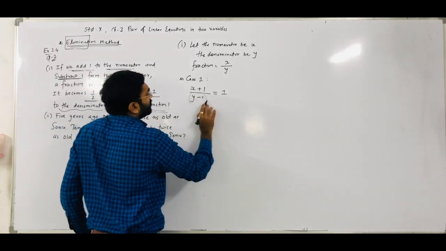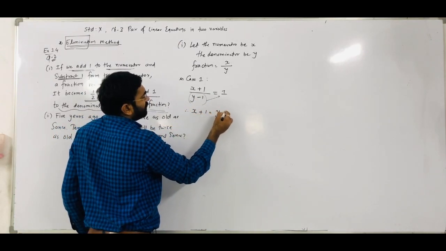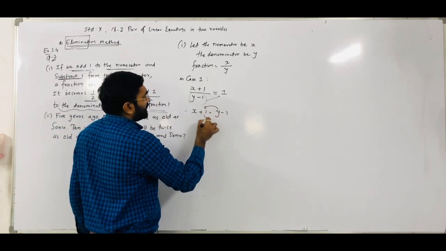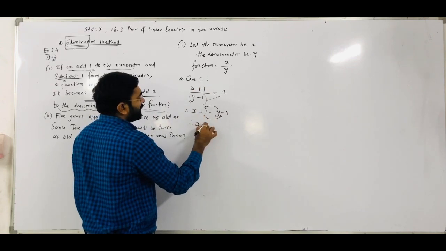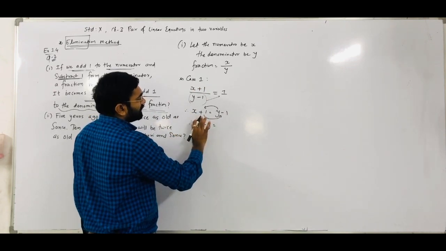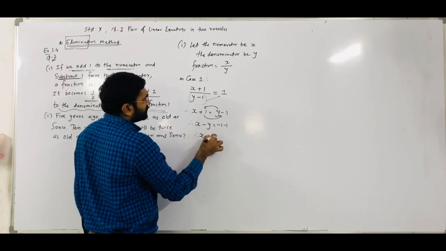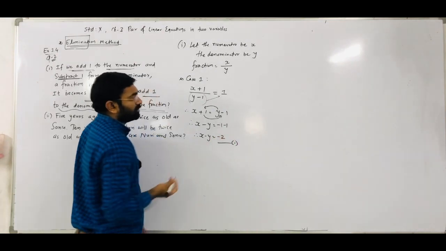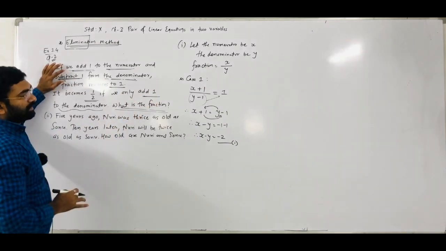So y minus 1 goes to the right hand side and is multiplied with the 1, so we get only y minus 1. Now that y term comes to the left hand side, and the numbers we have to arrange on the other side. So plus y becomes minus y on the left hand side, and that plus 1 goes to the right hand side and becomes minus 1. So x minus y is equal to minus 1 minus 1. We get minus 2. Call this equation number 1. From the first statement we make the first equation.